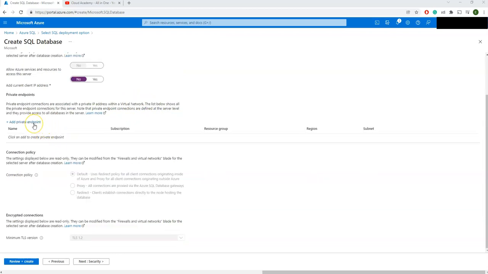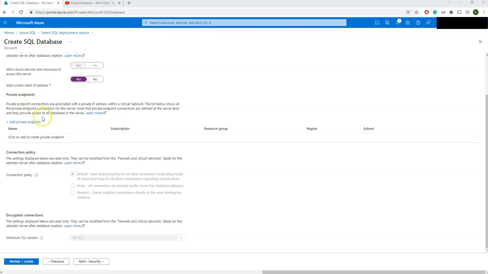Coming to add private endpoint, it is also another new feature. It was not addressed in my previous video. So this is related to Private Link. In case you think that your database connectivity should not go via the public network, you can definitely utilize this. This will enable you to utilize the Microsoft backbone network without exposing your service to the public internet, so that you are more secure. All your services will traverse to this particular endpoint via the Microsoft backbone network.